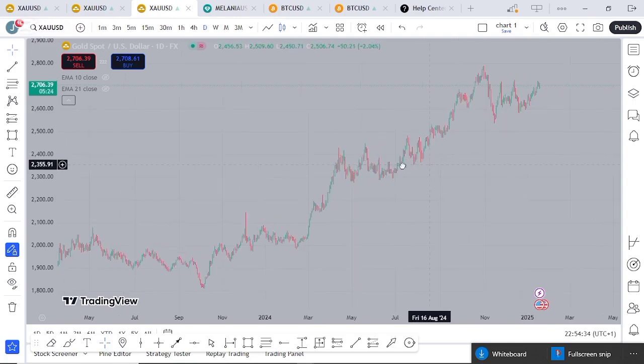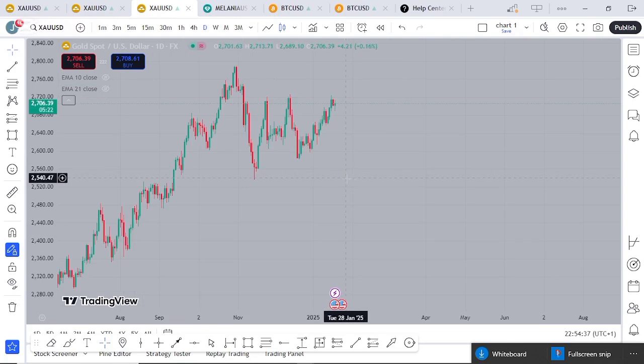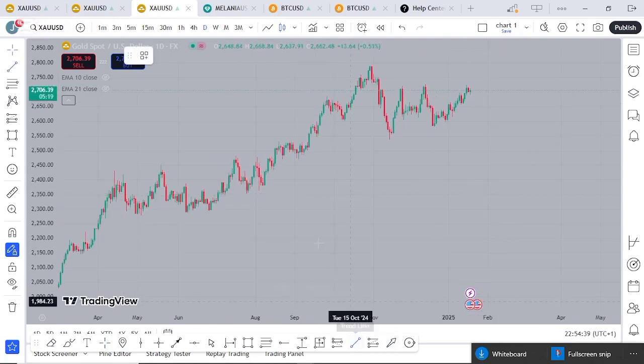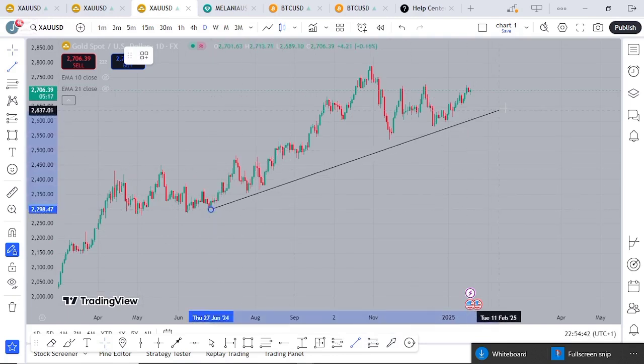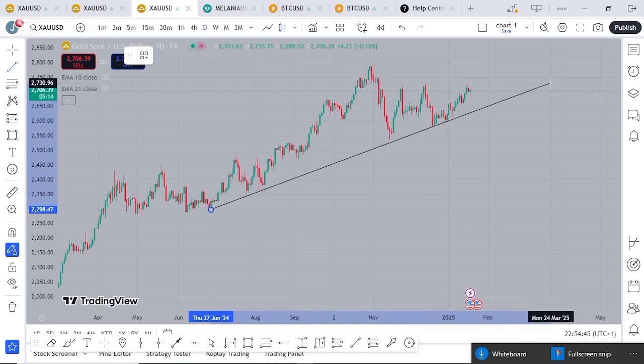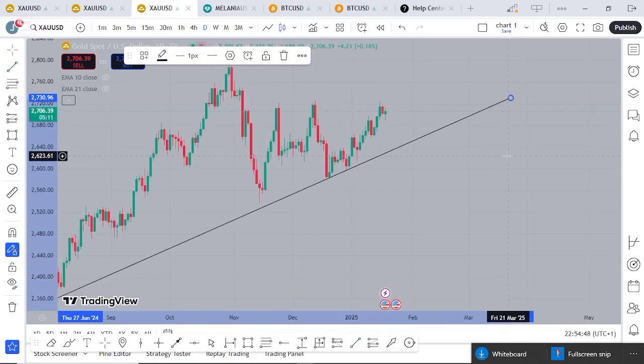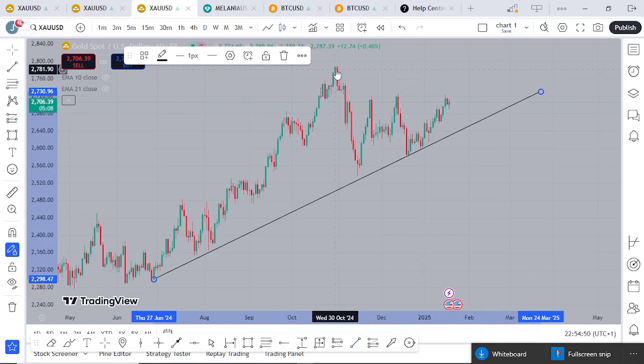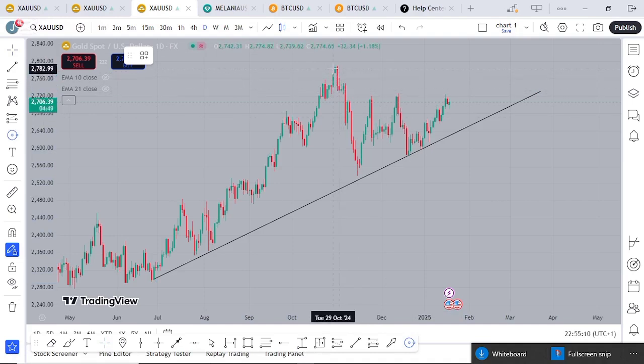Let's start from market structure. I think our overall market structure on gold is bullish. Let me use a trend line here. We have been going bullish, even though we have seen a partial bearish movement, a little pullback from this zone. From October 31st, after this candle to the first of November, we started experiencing a little pullback from this particular zone to here.